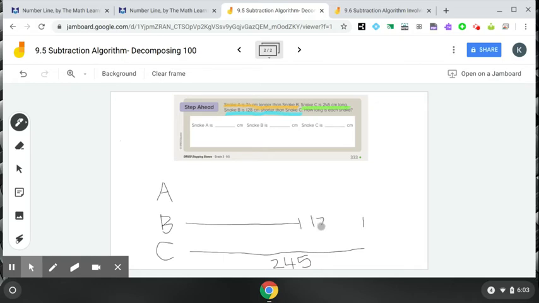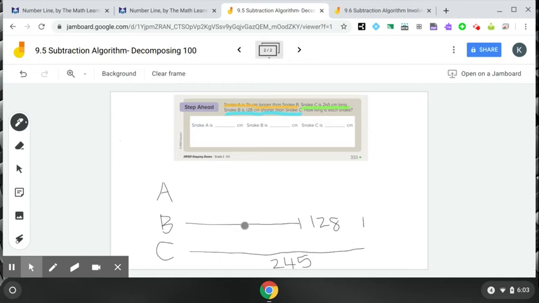So this part right here is 128 centimeters shorter than 245. Okay, so that would be helpful information because if I know the total is 245 and I have a part that's 128, I'll be able to find the